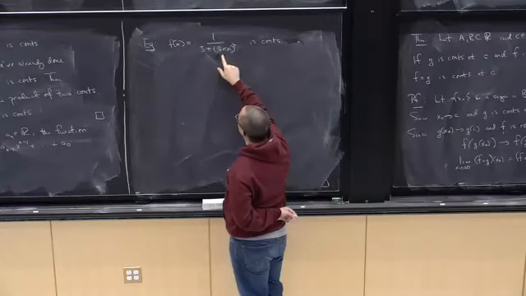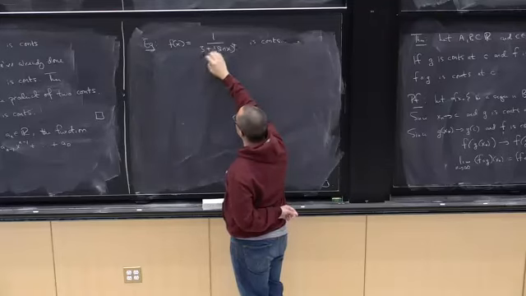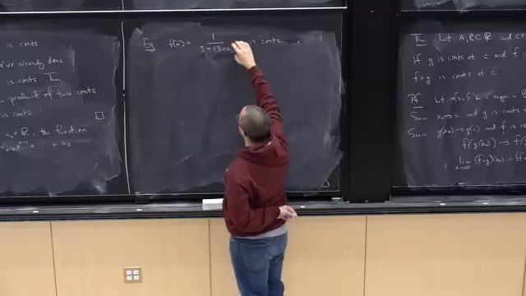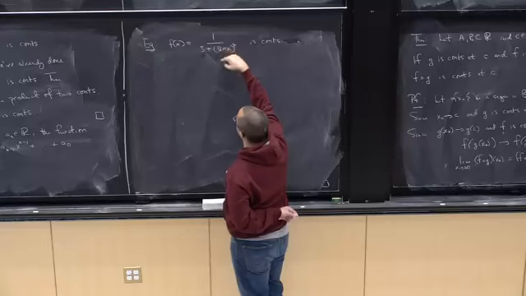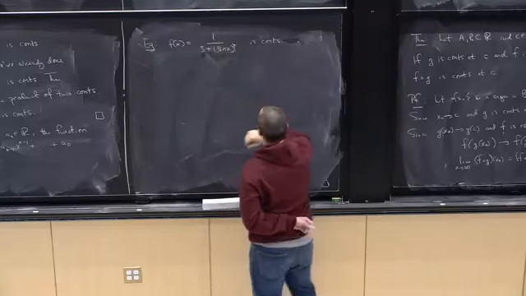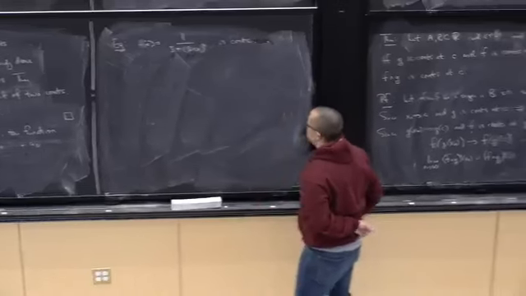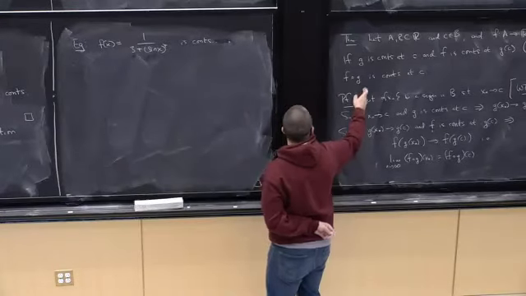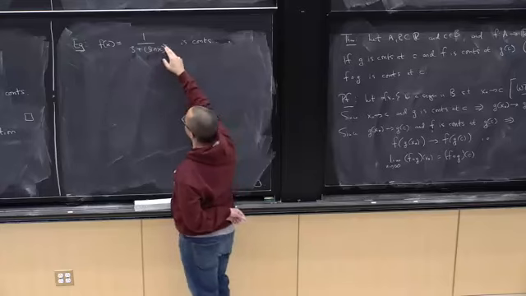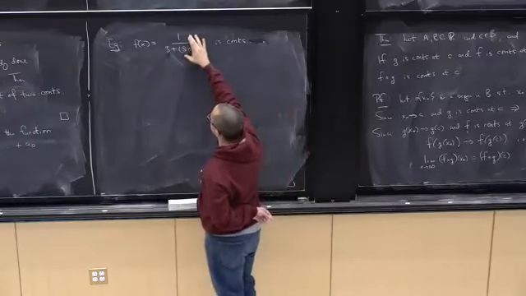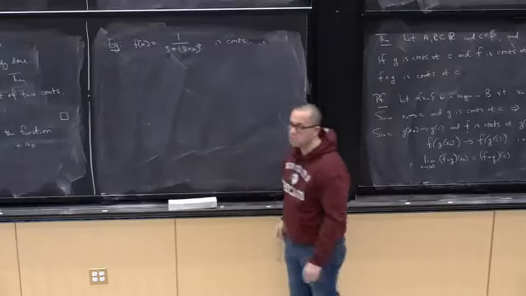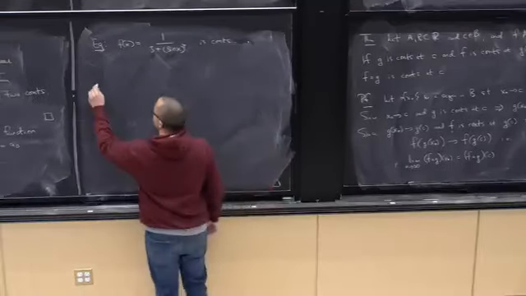Sine x is continuous, so sine x to the 4 is continuous. 3 is a continuous function, it's just a constant. So the bottom as a function on its own is continuous. And 1 over that function is continuous as long as the bottom is never 0, which it's never 0. So by this theorem here, we used the composition one to say that sine x to the 4 is continuous, and we used the theorem before that to show that 1 over 3 plus sine x to the 4 is continuous. Let me write this out real quick.